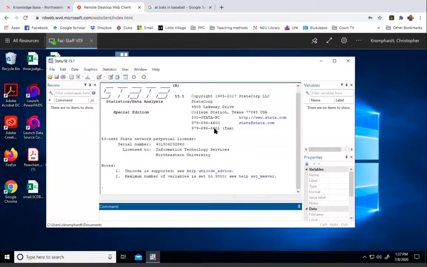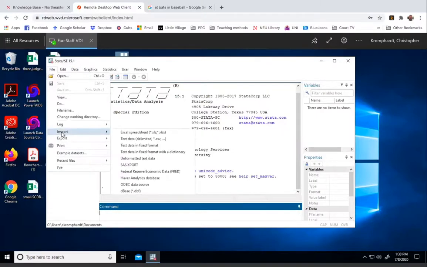All right, so this is what Stata looks like when you open it up. Not very attractive. Some statistical packages are quite a bit more attractive. So if you're going for aesthetics alone, Stata is pretty homely. So I'm going to open up that same data set, and I'm going to do this using the import